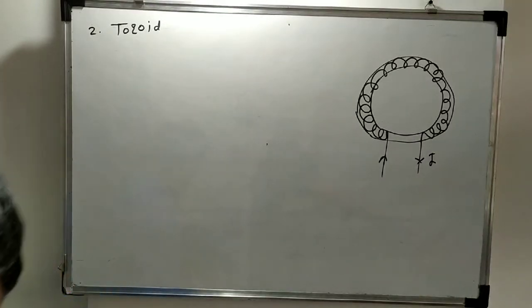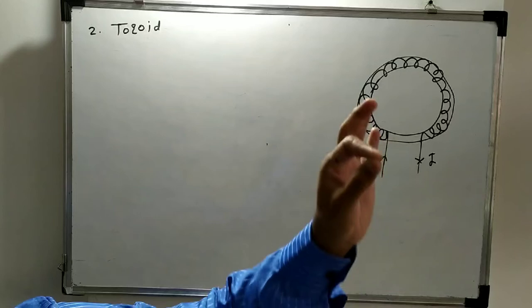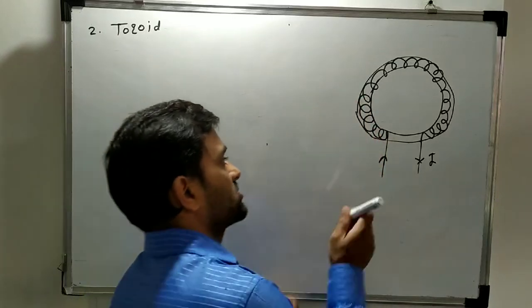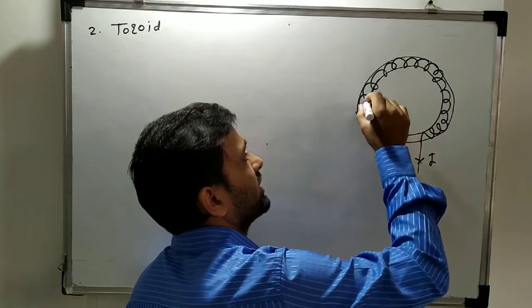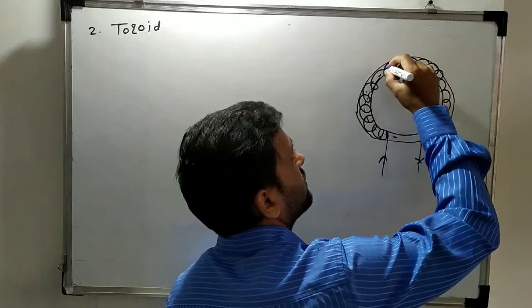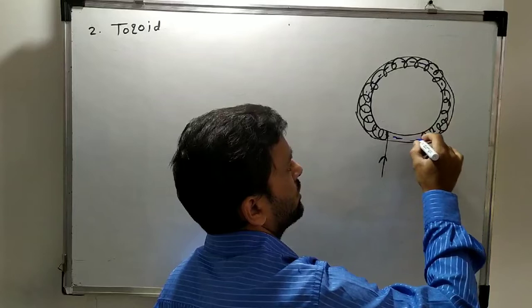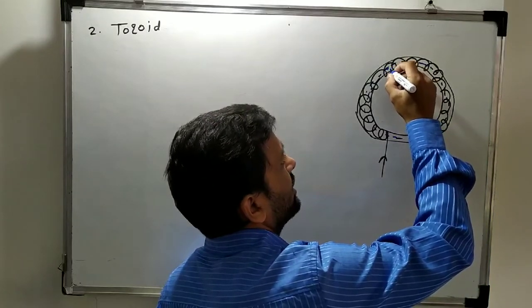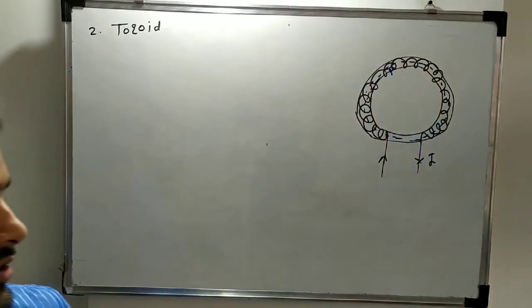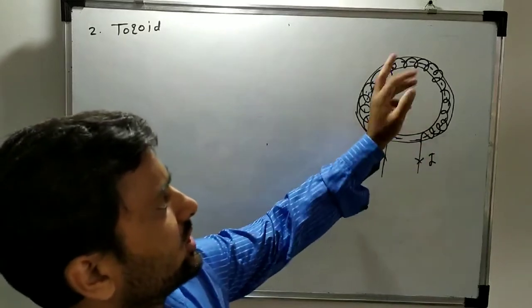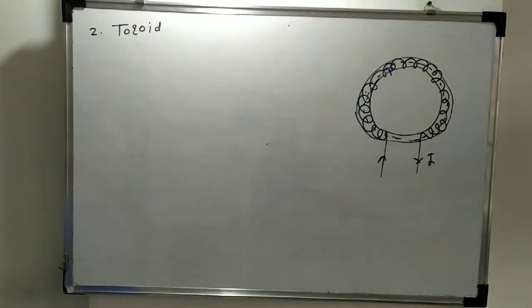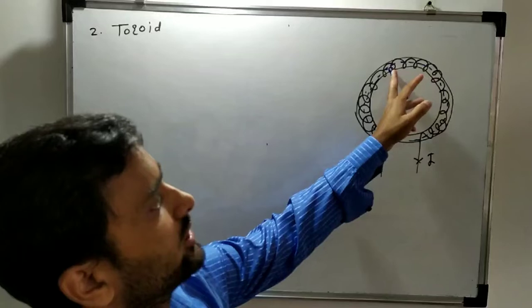So what is the target? The target is to determine the value of magnetic induction along the axis of the toroid. So where is the axis of the toroid? That axis is denoted by this blue colored line. Suppose one point P is located along the axis of the toroid, then how do we determine the value of magnetic induction